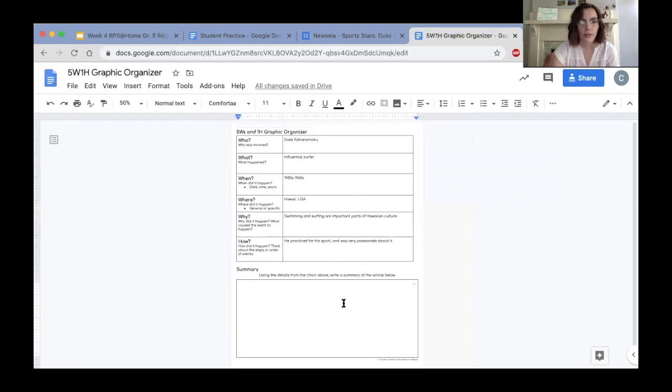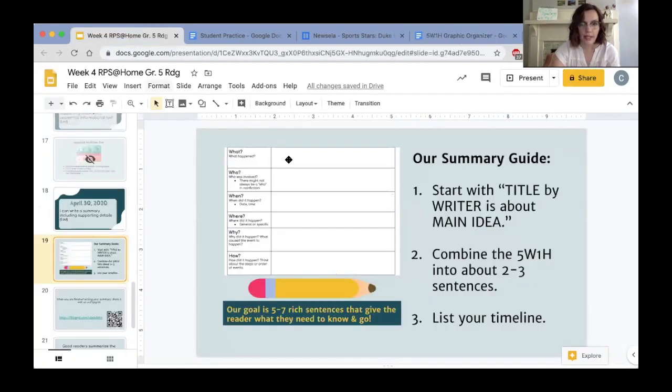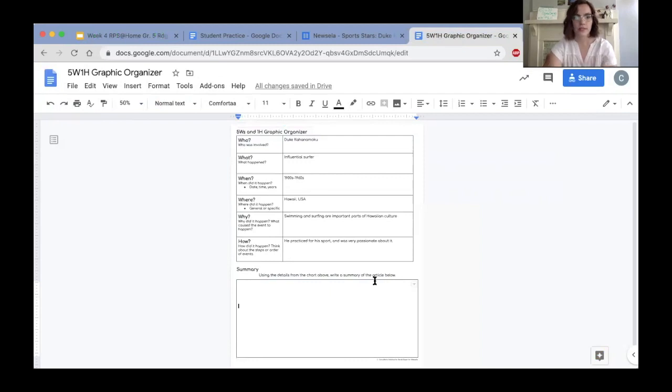Alrighty, so when we look back on this slide, it says that we have a sentence frame to start with. Title by writer is main idea. So the title of our article was Sports Stars. This little, this is called a colon. We use a colon if we're going to say a list or something important. And for the time, of course. Sports Stars, Duke Kahanamoku,